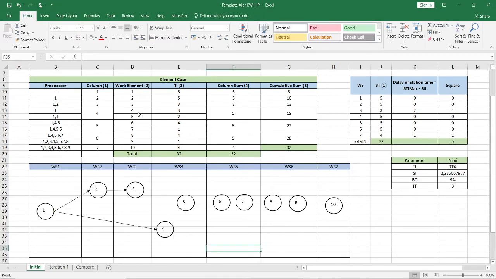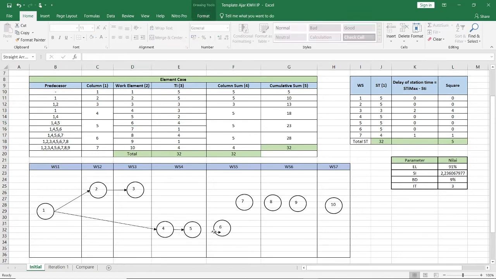And then the fifth work element comes from the first and fourth work elements. So it will go like this. You must do the same for the 6th, 7th, 8th, 9th, and 10th work elements. I will show you. For the 6th work element, it is the first, 4th, and 5th, like this.